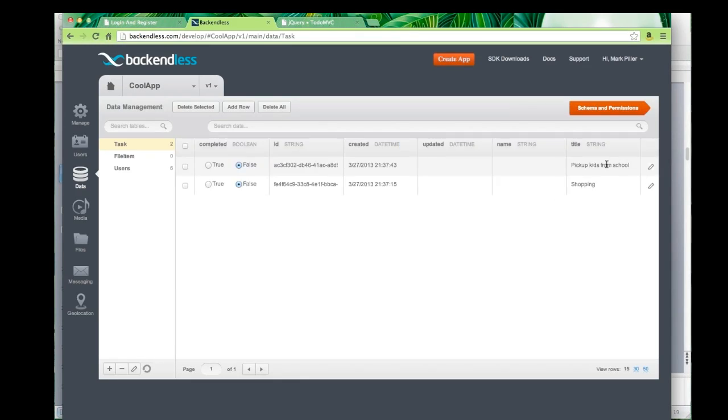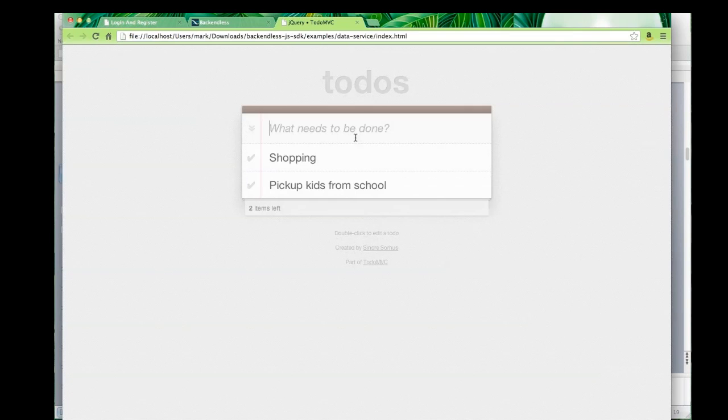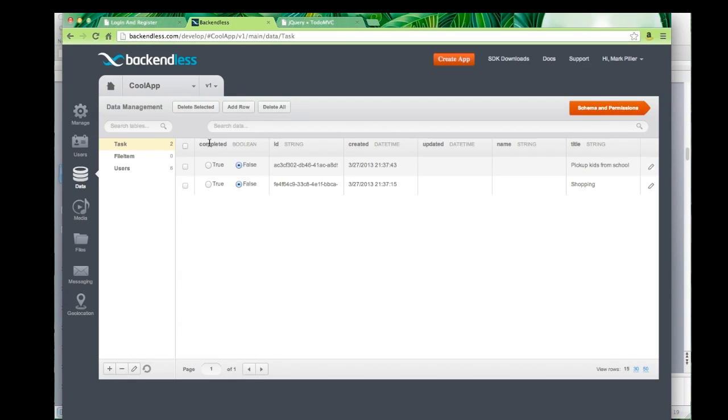So I refresh this, there's going to be two items. And if one of them, let's say, is marked as done, then you will see that right here in the completed section, now shopping is done. And you can actually edit data right here from the console, and you can go and customize the schema and